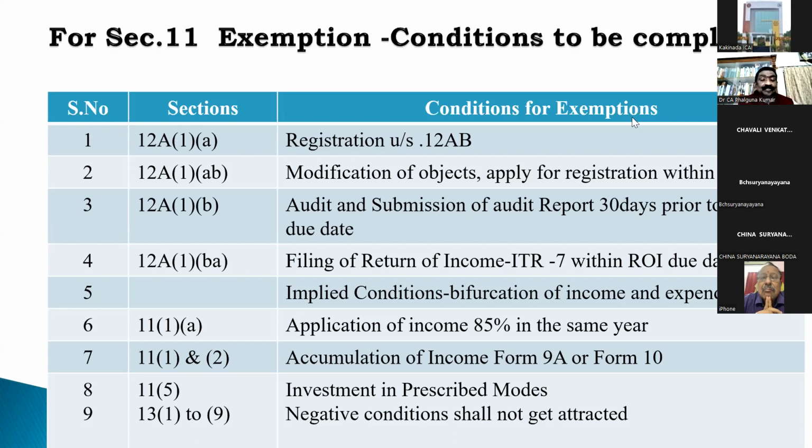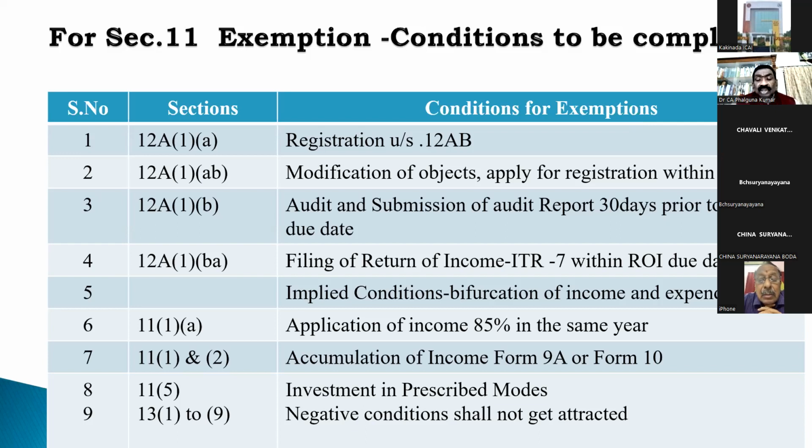But while filling up the audit report 10B, or while filling up ITR 7, don't claim that 15% as it is as exempted income. If you have spent 88%, you have applied 88%, only that 12% income is exempt. 88 you already applied. So 100 minus what you have applied, remaining only is the exempted income. Don't claim 15% as standard. So just small mistakes, common mistakes I have been quoting just for your reference sake. Then